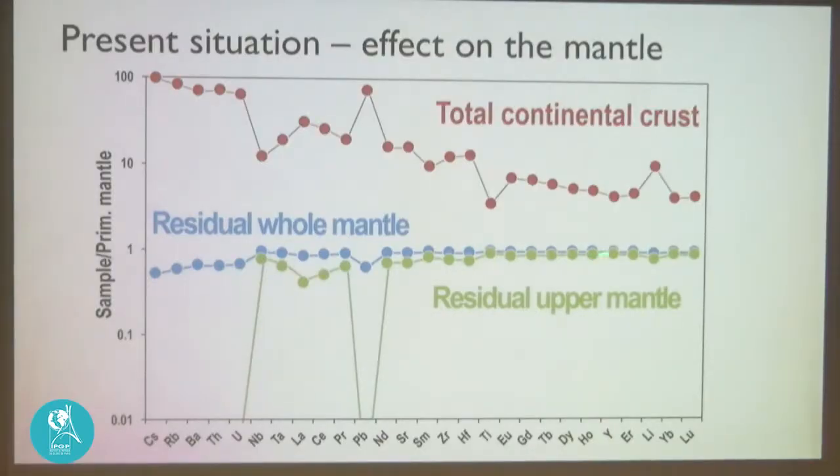And you see that it doesn't change things very much at this end of the diagram, but it has a drastic effect on some, and for a lot of elements, all of those here, plus lead here, it's simply impossible. There's not enough left. There's nothing left. So the reality is definitely somewhere in between the two. I think from a trace element point of view, it's impossible to have only the upper mantle that's been depleted. And we have some evidence otherwise that the mantle is more depleted than if it was only the upper mantle. So it's somewhere in between.